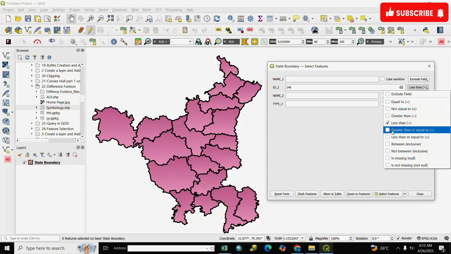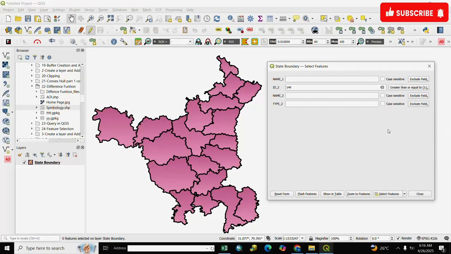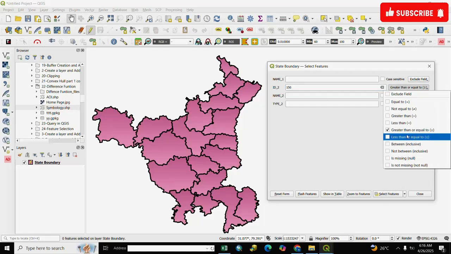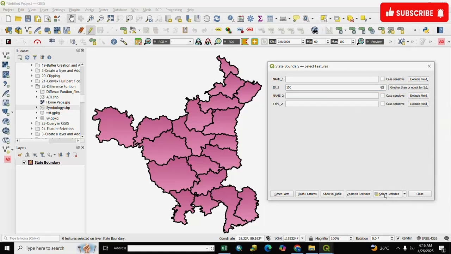Greater than or equal to. We select it. We write here 150 and after it we check greater than or equal to. After it we select feature. Our feature is selected. Greater than or equal to, all feature is selected. We unselect